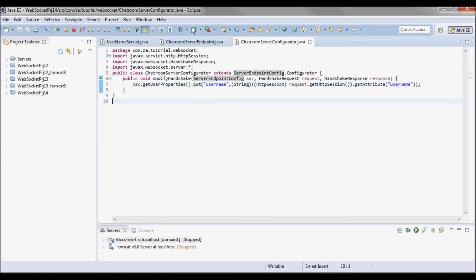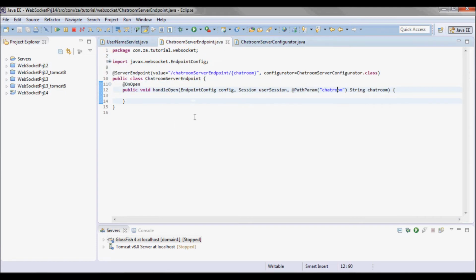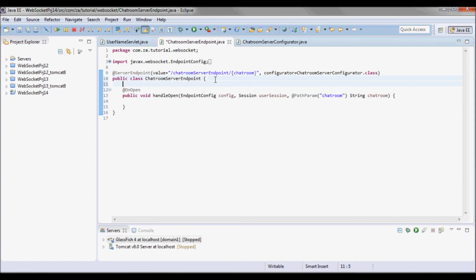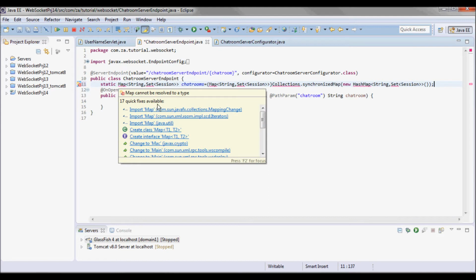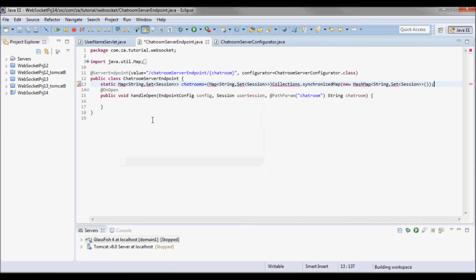And next, let's go to the server endpoint. Now here we will have a map that contains names of each chat room, and with each name it has a set of users in that chat room.